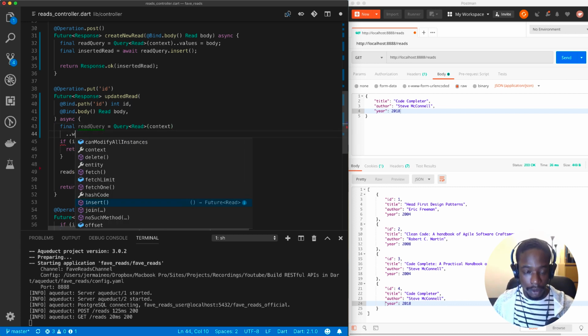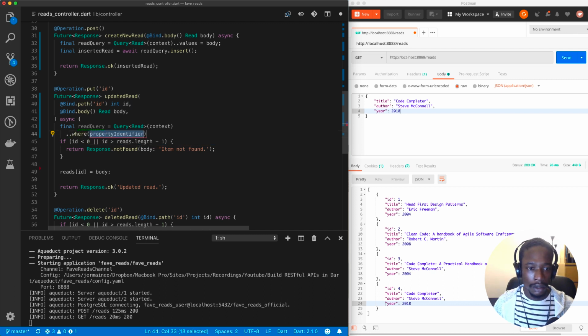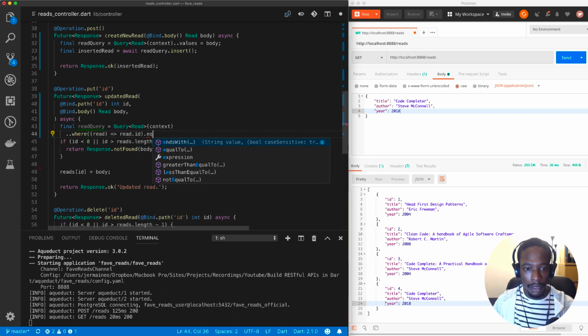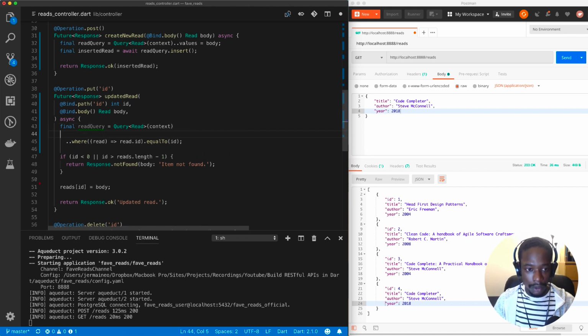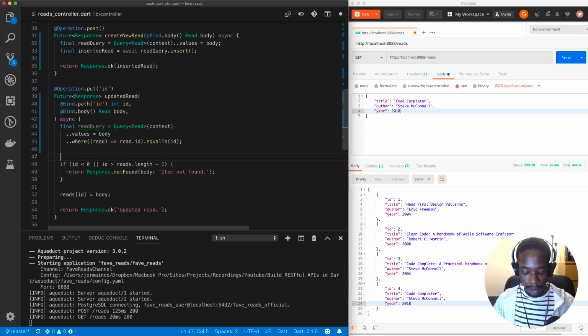And then what we want to do is where read, we grab the read ID is equal to our ID passed in the path. We also need to assign the updated values from the request payload,